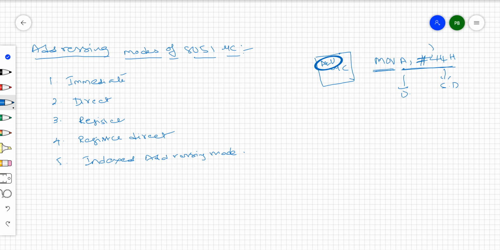To move this particular data to the destination, the controller has to access this data. That means to get some data into the destination, the controller has to address or refer to some location, or direct data, or numerical value, to get data into the accumulator. Like that, for example, ADD A,